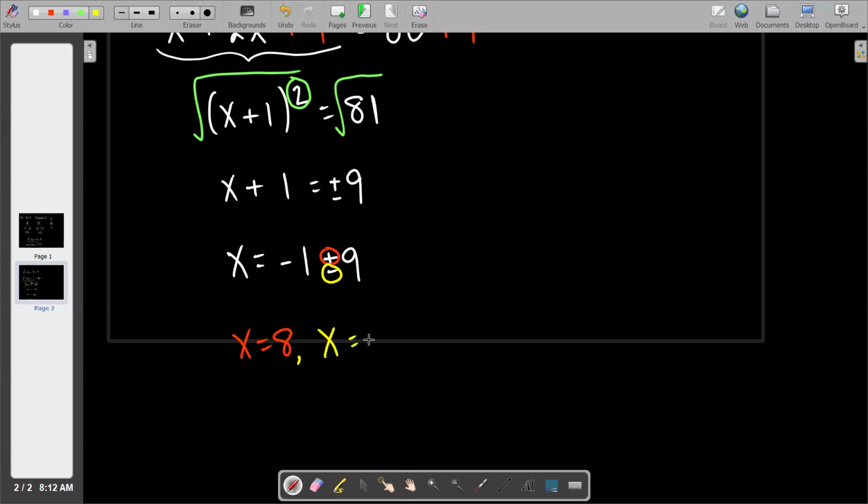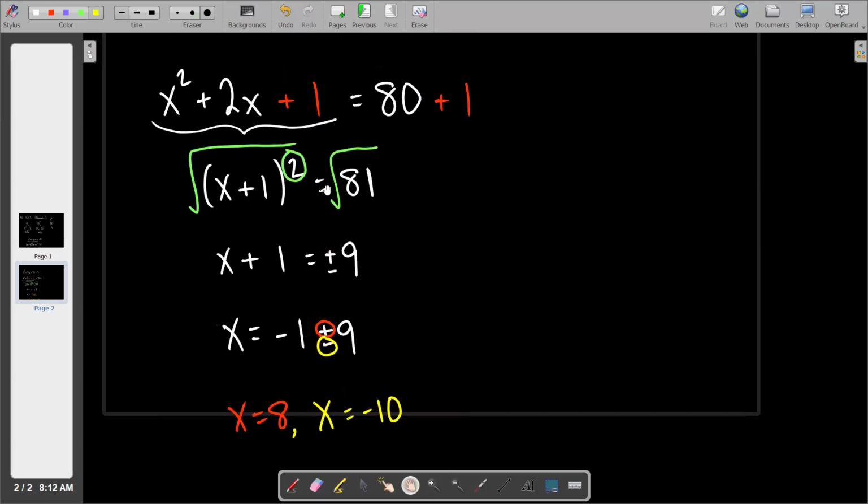Correct. And I just want to show you the connection. And again, I said I don't want you doing factoring. I just want you to piece the puzzle together. Way back at the beginning,